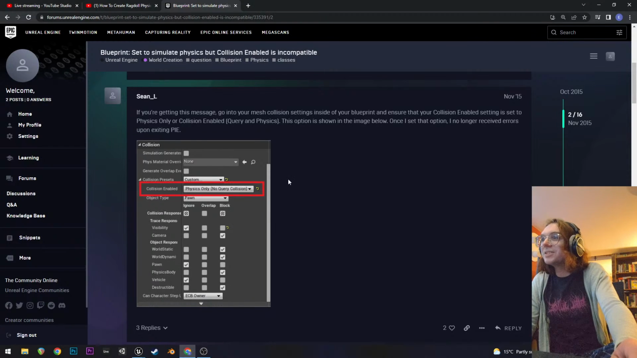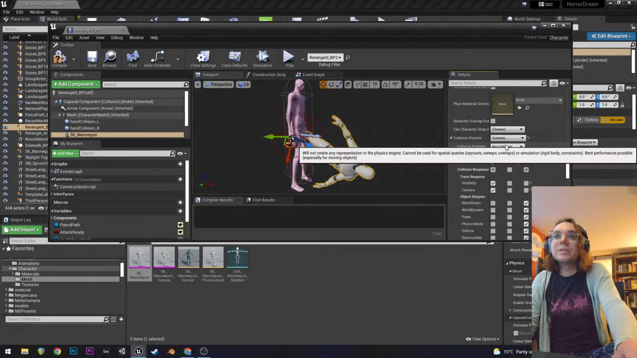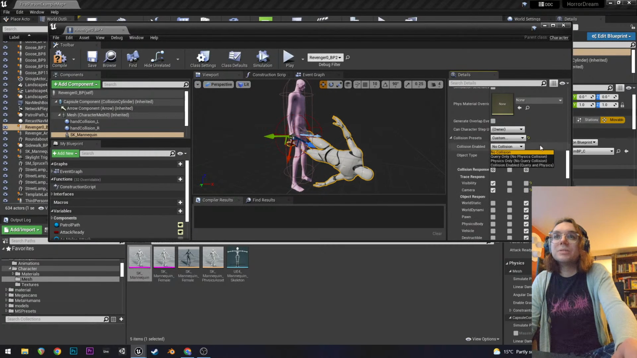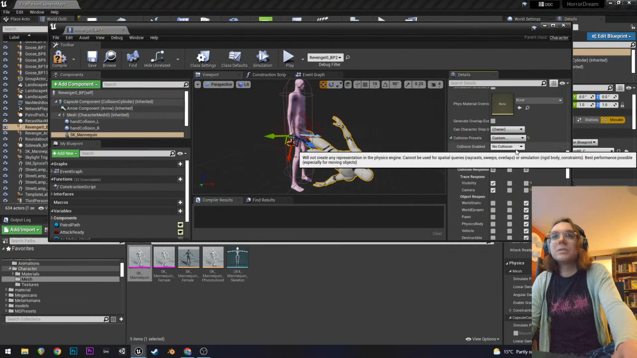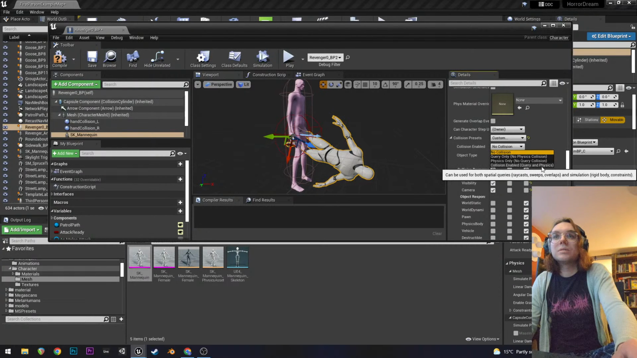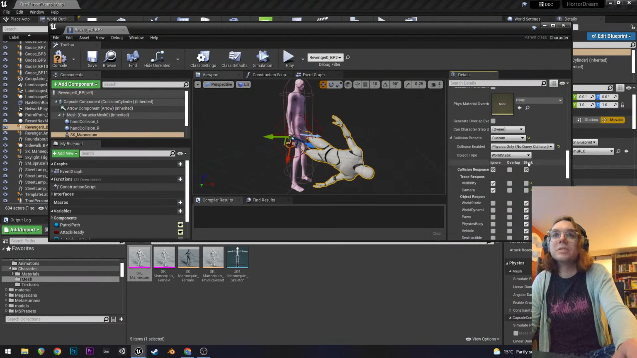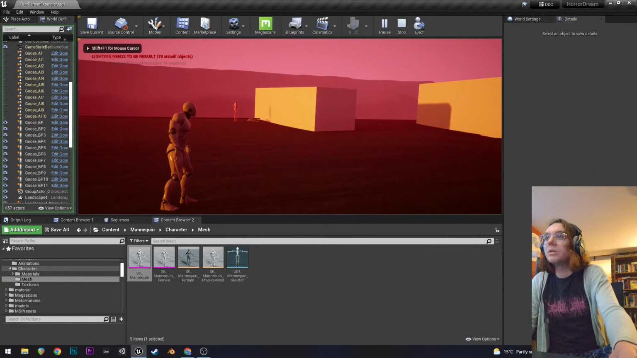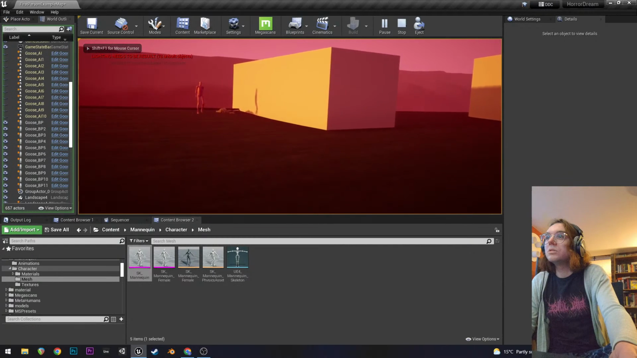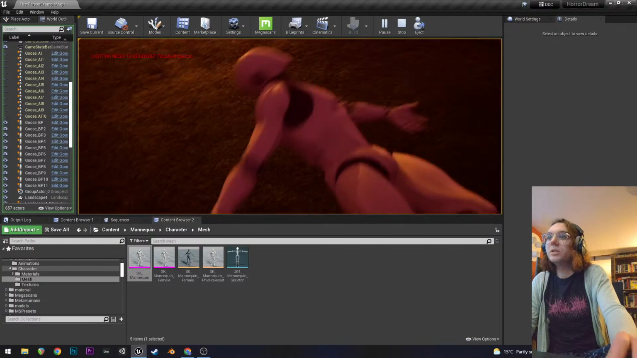Collision presets. Collision enabled. Okay, collision presets. Collision enabled. What did it say? No query collisions. Oh my god. Physics only. No query collision. Let's see if that works. Oh! Almost works. I mean, it works in that it ragdolls, but...